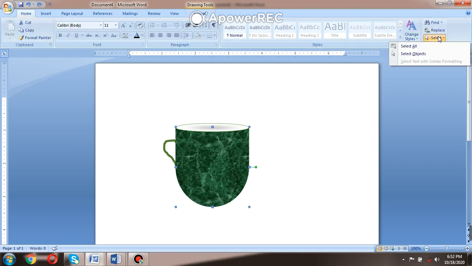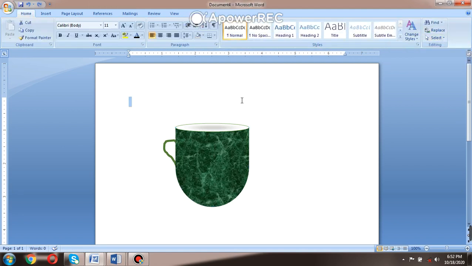You say select all objects. Select objects, I mean you draw, all the objects are highlighted. Now you come